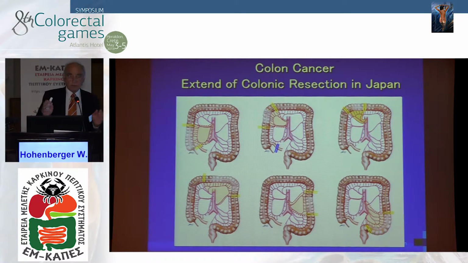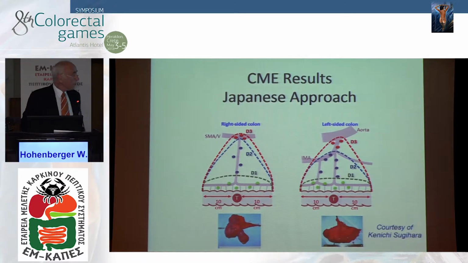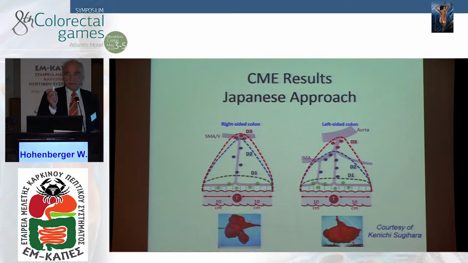So they are not pretty sure that they did it correctly all the time. But they always, or almost always, do what they call a D3 resection, which is equivalent to my central tie. Never use the term high tie. High tie is pretty high and long, as you know from your MRI trials. So high is long.